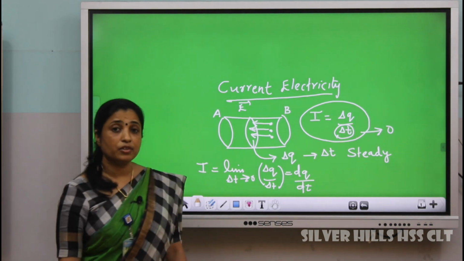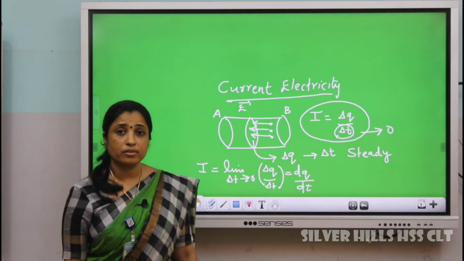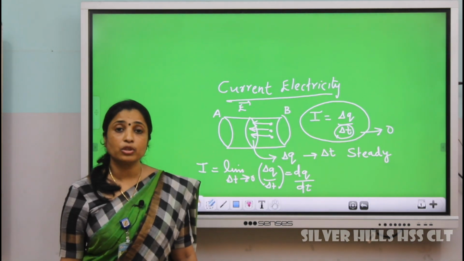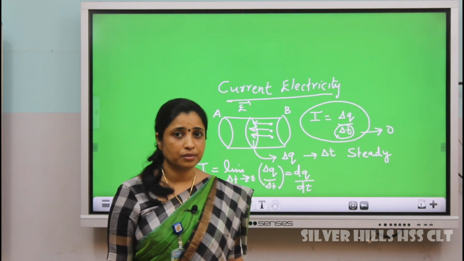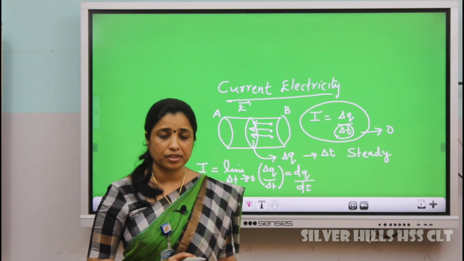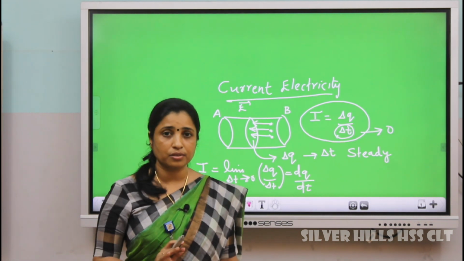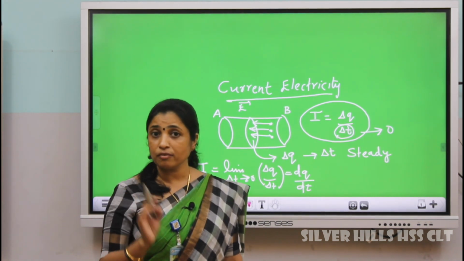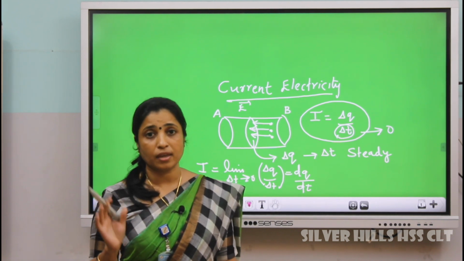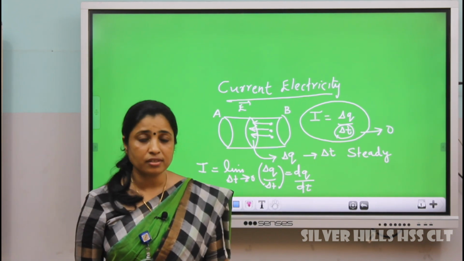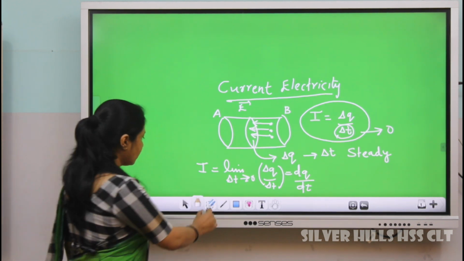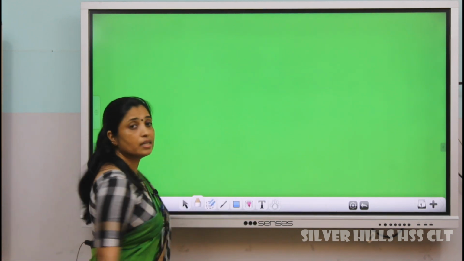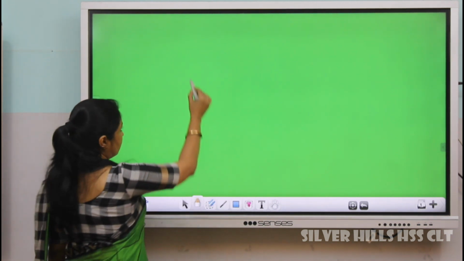In this case, we should know that the electrons in the conductor are moving with uniform velocity, that is, acceleration is equal to 0. But if there is acceleration, that is, acceleration is not equal to 0, then in that case it will give rise to electromagnetic waves. I think I've mentioned this in the previous class. Okay, now today we are going to learn in detail about the physical quantity electric current.